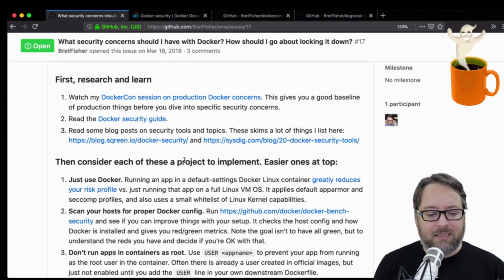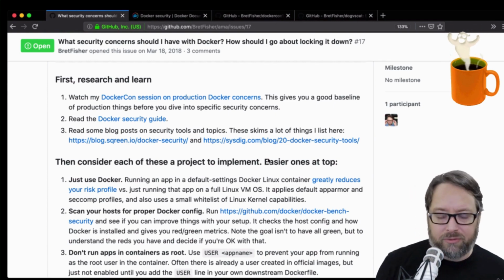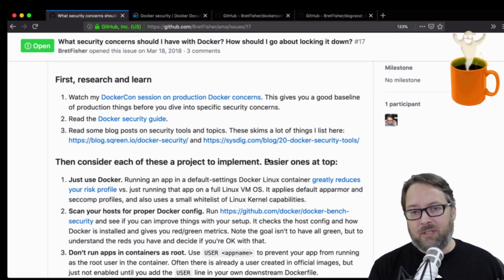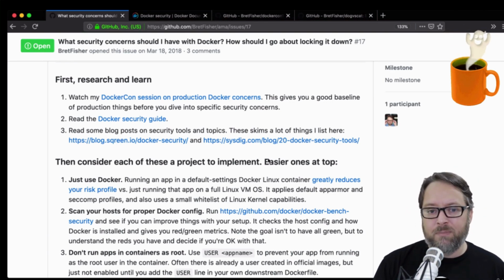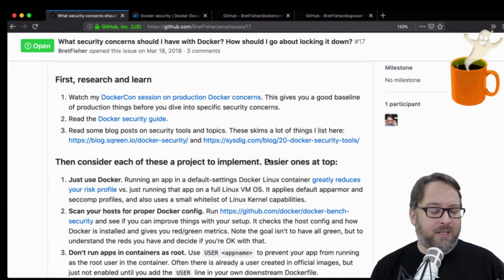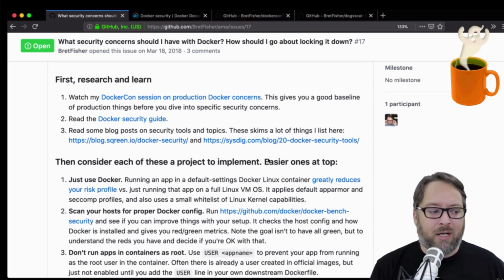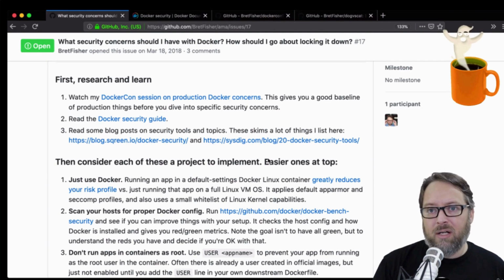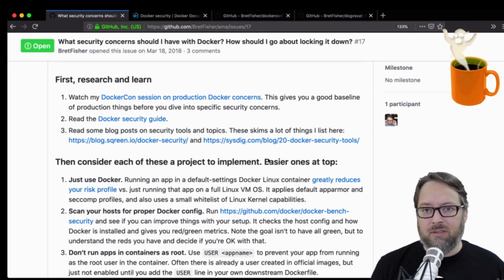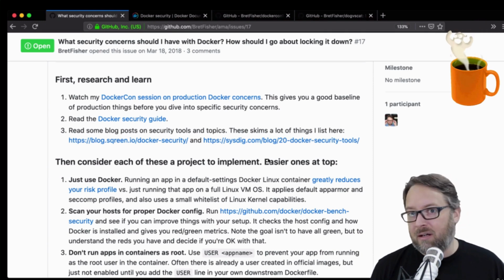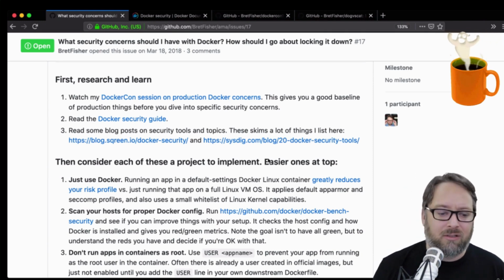Once you understand the basics, there's a couple of good blog articles here on different types of security tools out there. And there's tons of tools, right? I'm not going to mention all of them today. Obviously, there's lots of stuff out there. But a lot of them are complicated and take projects. You have to implement them or buy them and then dedicate servers for them, right? Big products around auditing or making sure you pass certain credentials like a PCI credit card security or government regulation security, that kind of stuff.